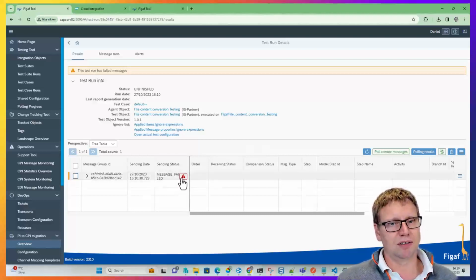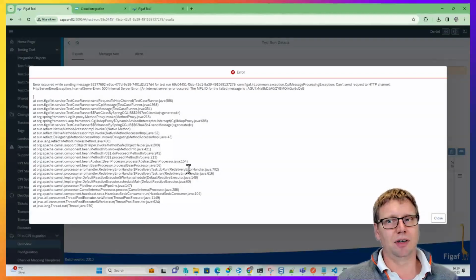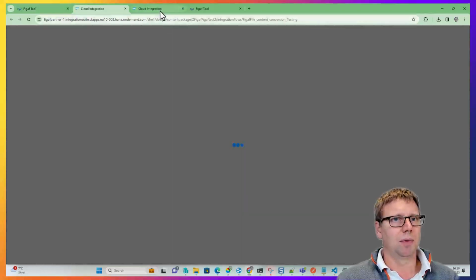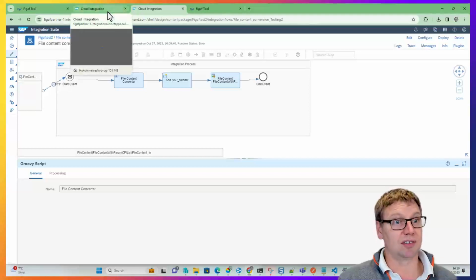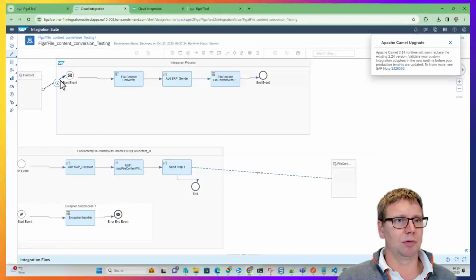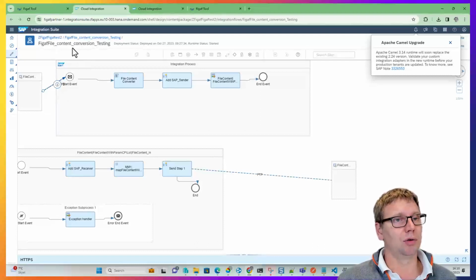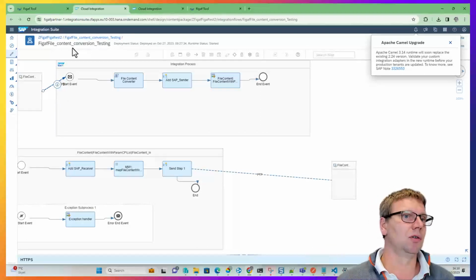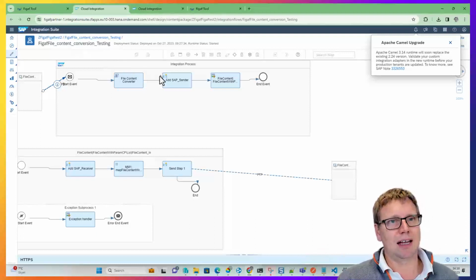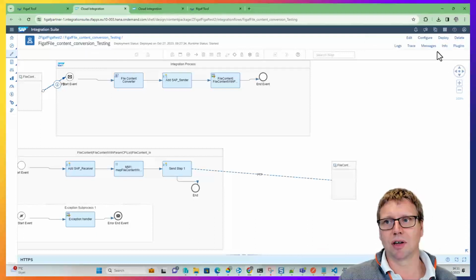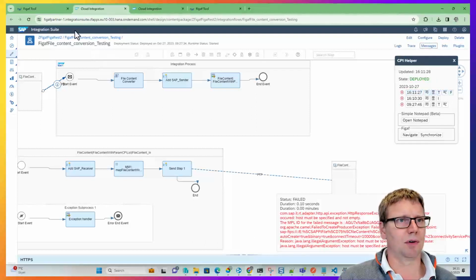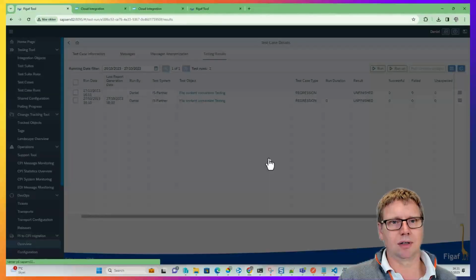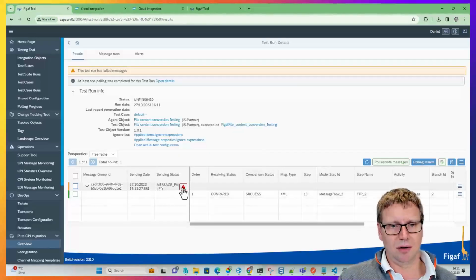One of the things here we can see is that it starts failing, and the reason for this is because the original flow was using FTP. We don't have a good way to test FTP, so the tool is behind the scenes creating a new package and a new iFlow, and is then deploying this message. And what you can then see, so now we can see it has been run in trace mode, and if we look at the test result now,